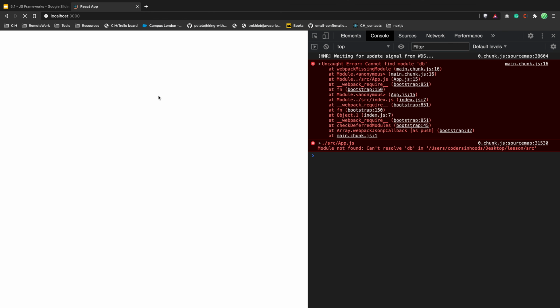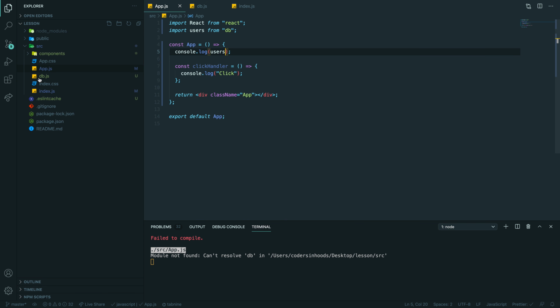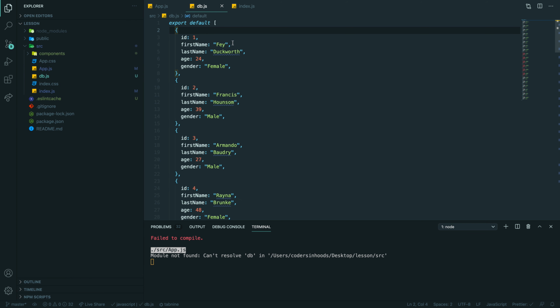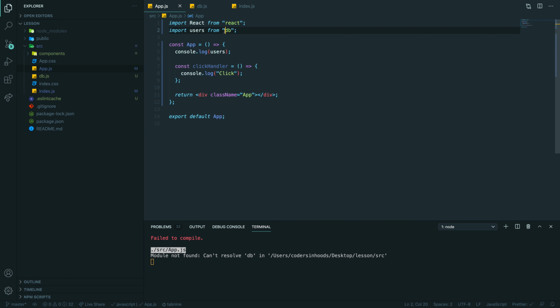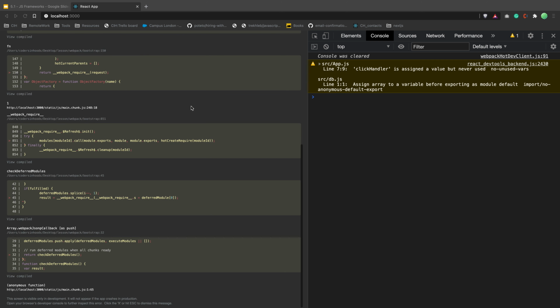So let's go here, refresh. Can't find module. Import default, what's going on? Why doesn't it work? Are we on the same level? Ah, right, sorry.